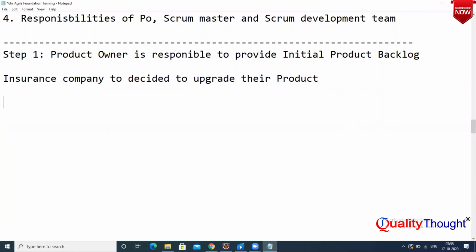So first they have to express what business wants as part of this Agile upgrade